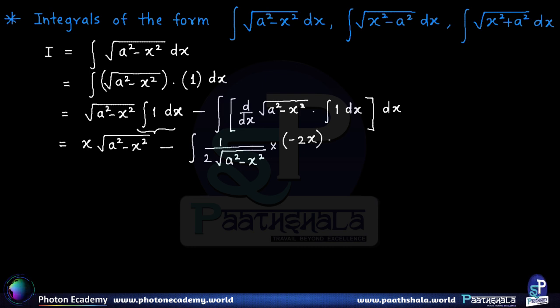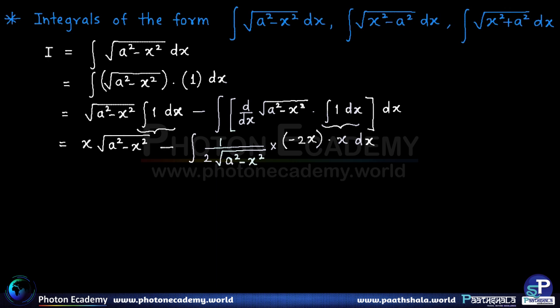And multiplied with the integral of 1, which itself is nothing but x. So we have to multiply by that x again, dx, right? So that further gives us x into root of a square minus x square